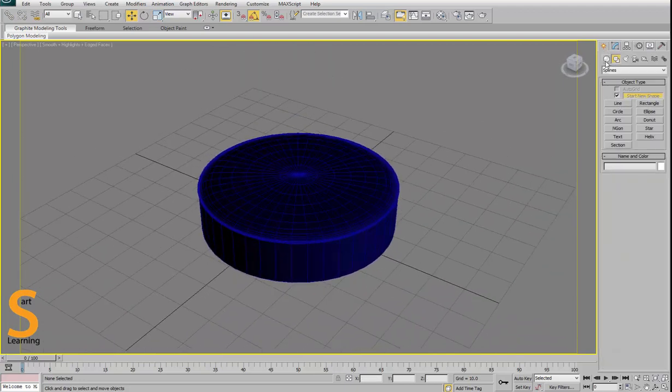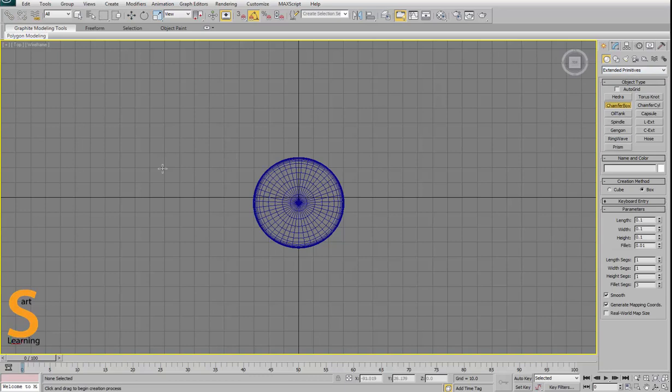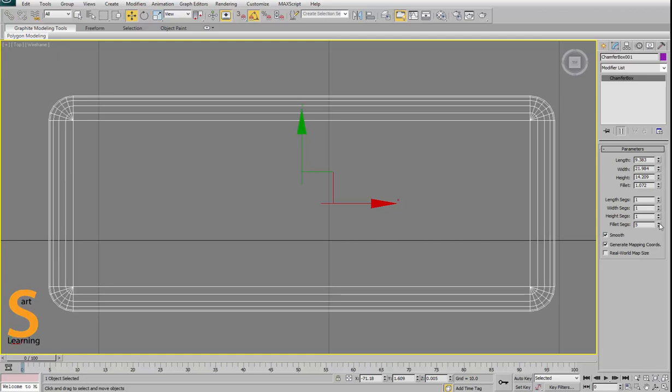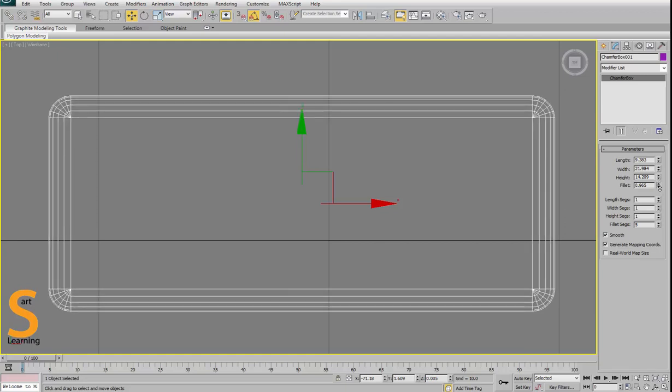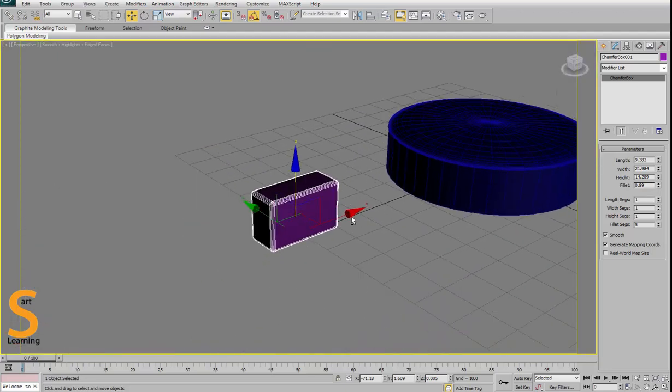Now I am creating a back of my sofa. So for this I create 3 boxes, but I want some edges to be smooth, so I take a chamfer box instead of taking a box. So I create a box, give a little bit of fillet. You can add more segments in the fillet also. Decrease the fillet amount and make a copy.